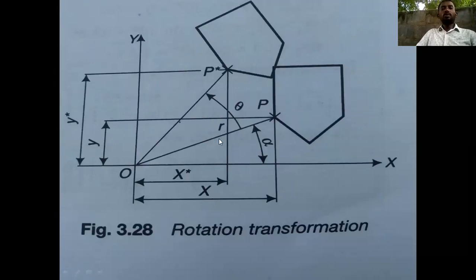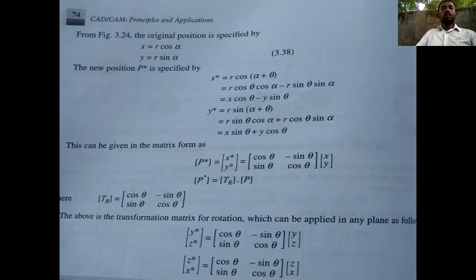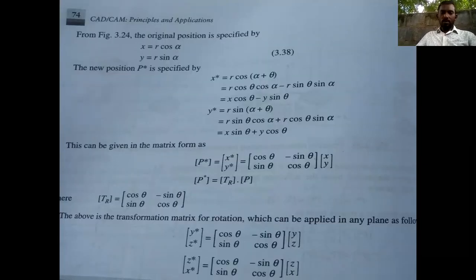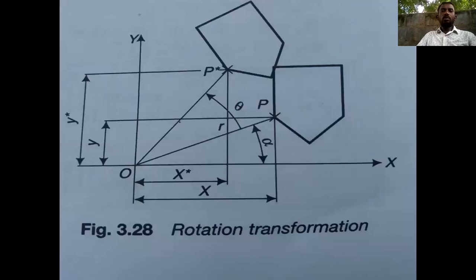So in this direction we are writing x1. That's why, in this direction we can write y1. So x1 is r cos alpha, and in the y direction it is r sin alpha. If you want to understand, first of all you can draw this triangle, and after that it is easy to understand.